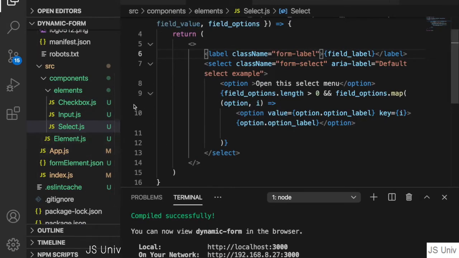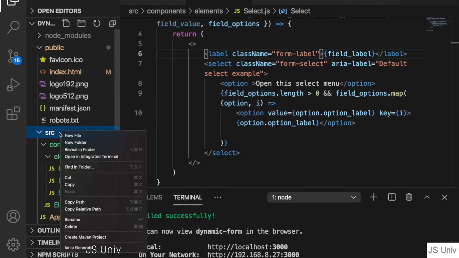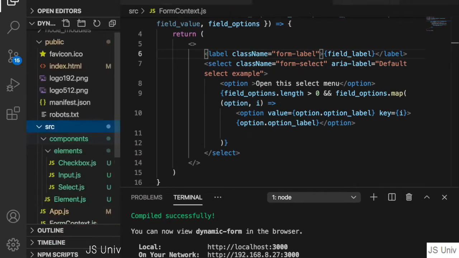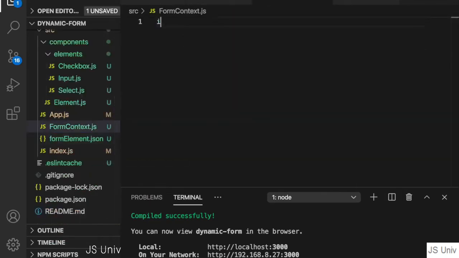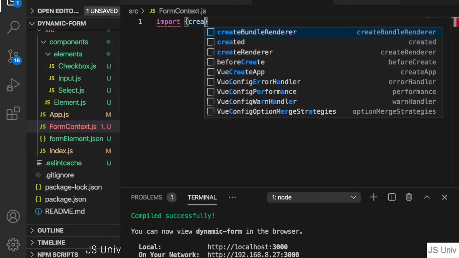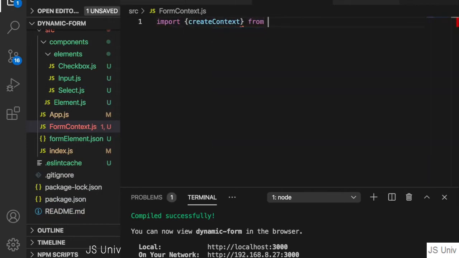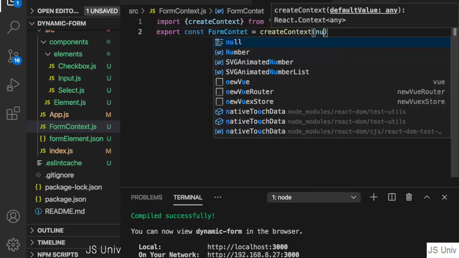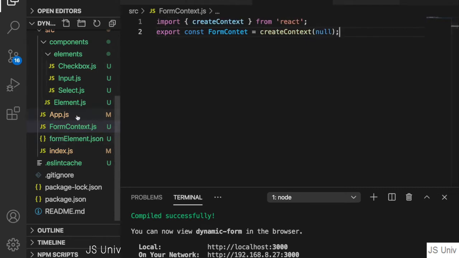In order to pass all the functions to these elements, we have to create the form context. So in the source folder, we create a new file called formContext.js, and then inside the form context, we import createContext from React, and then we export const FormContext equal to createContext(null), and then we go to App.js and create